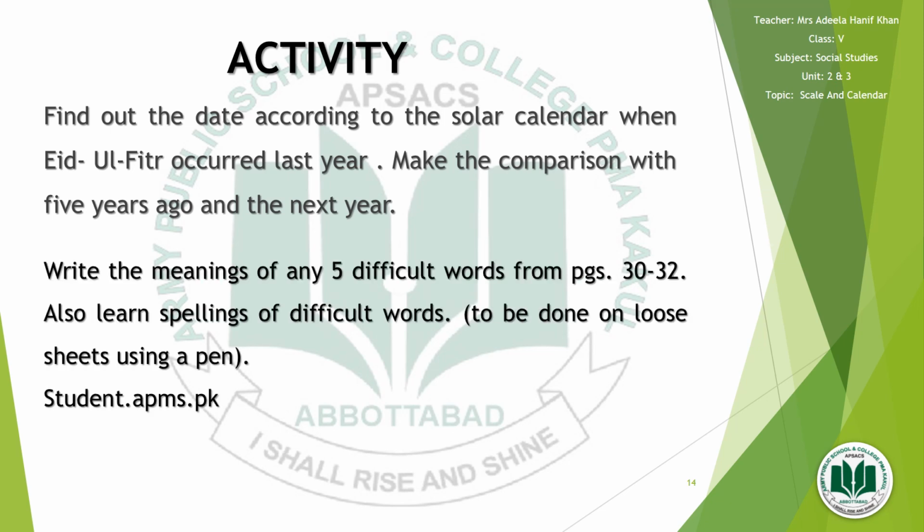And write the meanings of any 5 difficult words from pages 30 to 32. Also learn the spellings of difficult words and use the given link to submit your home task. Student apms.pk